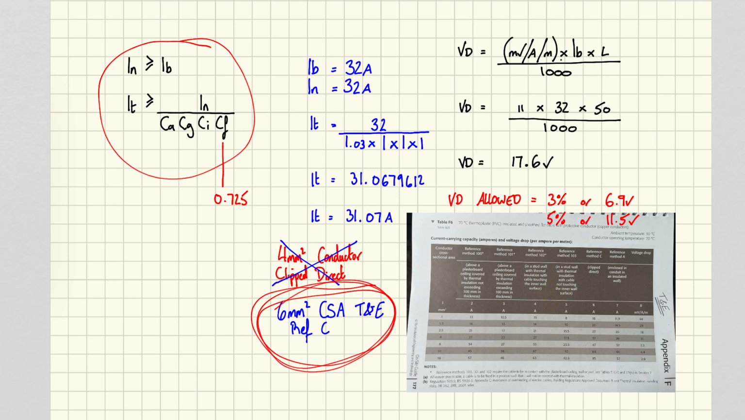There are different tables throughout BS7671 for the different types of cables. So if it's armoured cable, these values are all different. You can't base an armoured cable circuit on the table for twin and earth flat cable. All this information at the top here, 70-degree thermosetting plastic flat cable, that's just basic twin and earth. And you can see here we've got an ambient temperature of 30 degrees for these values, which is why we add our derating factor of 1.03, because the ambient temperature in the UK would usually be